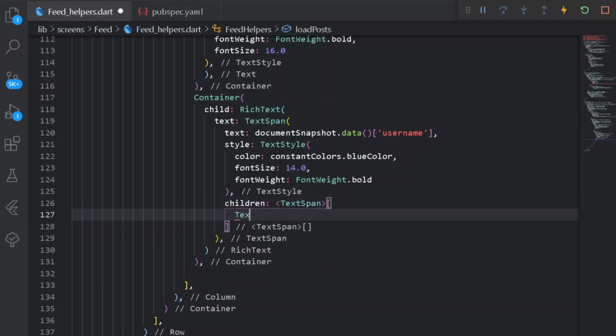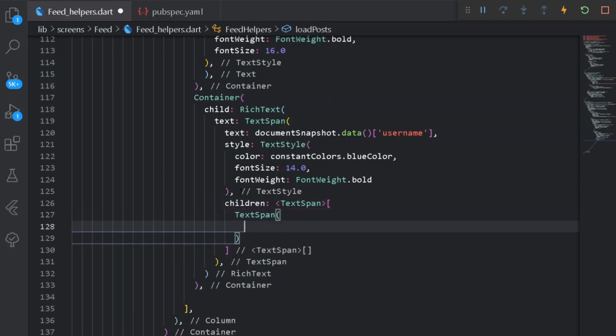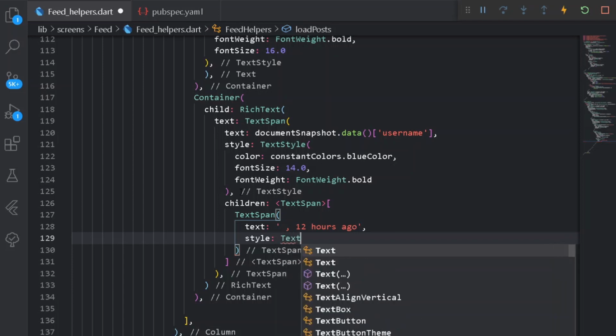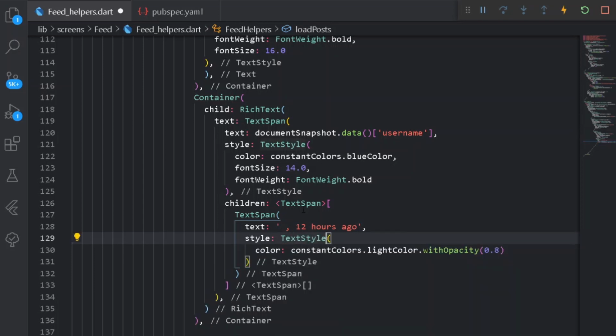Under the following text span, let's have the first text span itself. Under this, let's have a text itself. The text shall be nothing but the time that the user has posted some time ago. But for now, I shall be simply having some demo time of 12 hours ago, which shall be common for all the posts. I am using the following static time because the topic of time ago shall be taking an entire episode, and I am going to explain you deeply about how to implement a time ago service. So for now, let's have some of following text style. Cool, so everything is done from here.